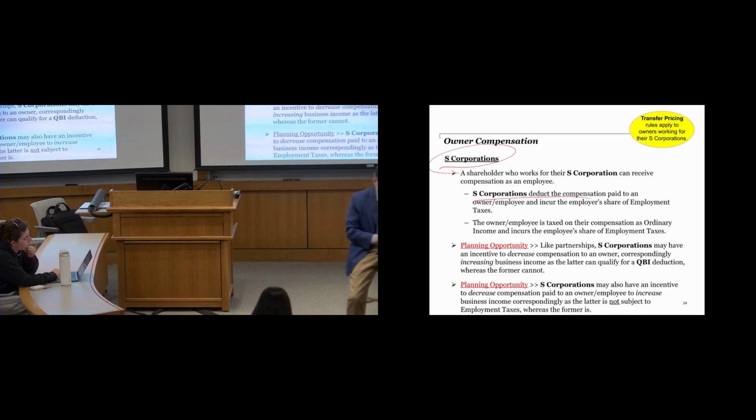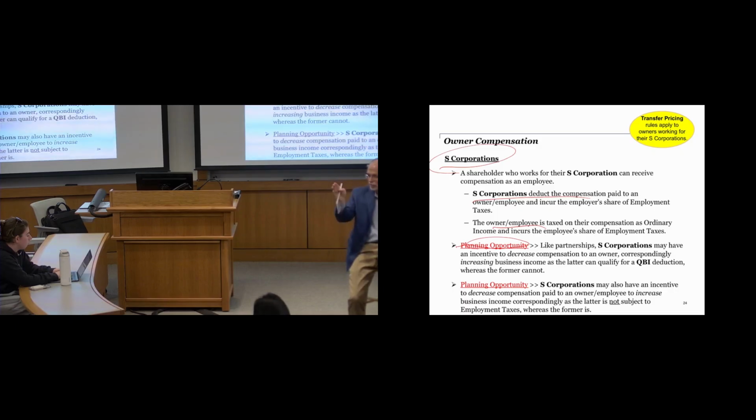The S Corp deducts the compensation paid to the owner employee and incurs the employer's share of those employment taxes. The owner employee has tax on the compensation that they receive as ordinary income and incurs the employee's share of employment taxes. So very similar to the C Corp world. Okay. The planning opportunity, remember the distinction between an S Corp and a C Corp is S Corps are flow